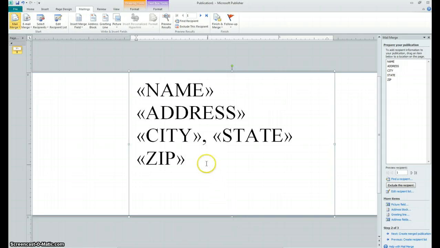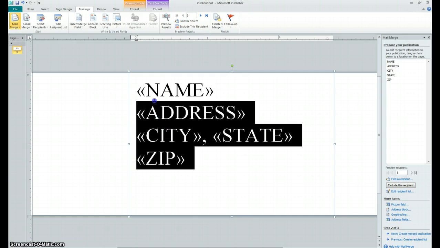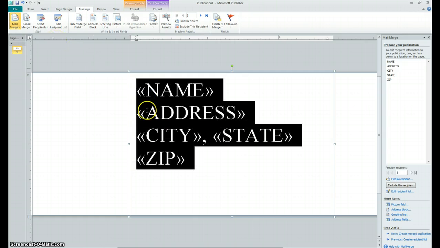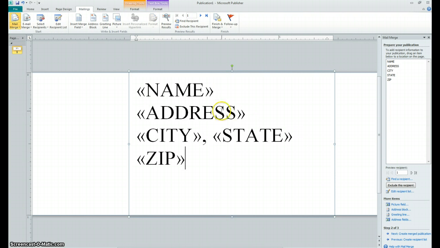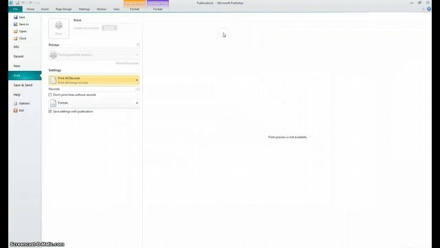Remember that this is very, very magnified, so it's not actually going to be this big. If you wanted to change the font and make it fancy or bold or a different size, you would select all of these and go to the Home tab, and this is a time that you could do that. We can also do it later. So we're going to go up here to Finish and Merge, and then we're going to click on Merge to the printer,